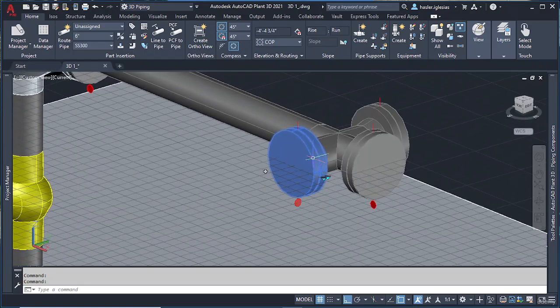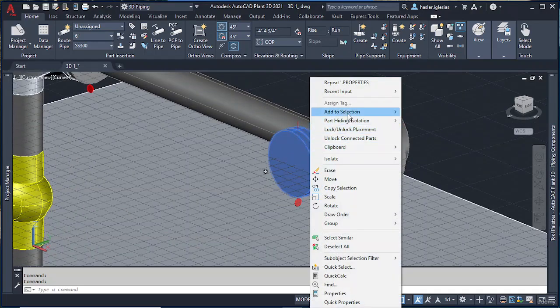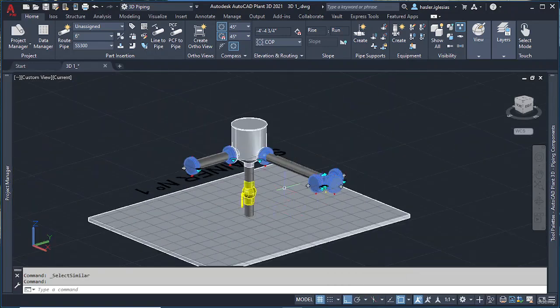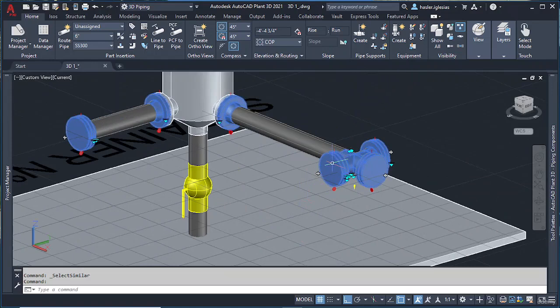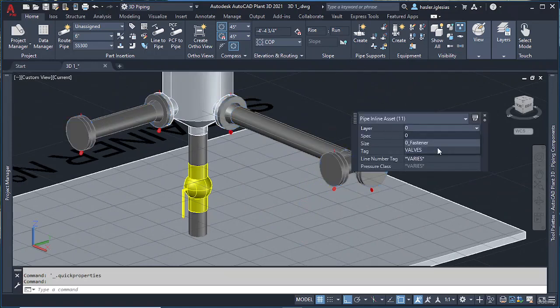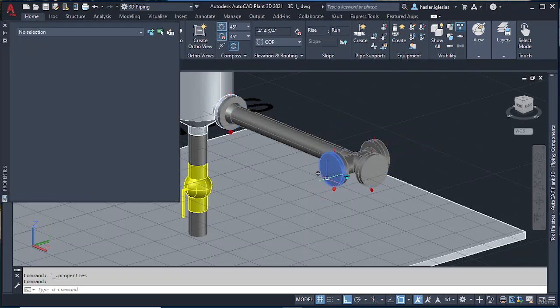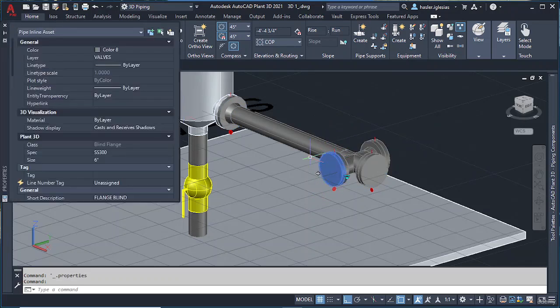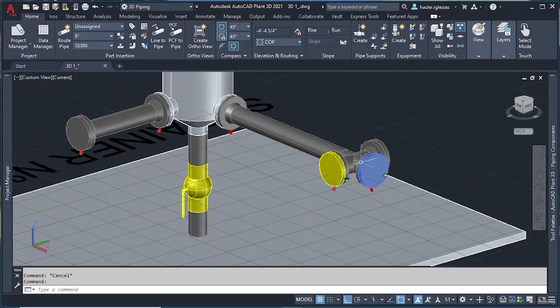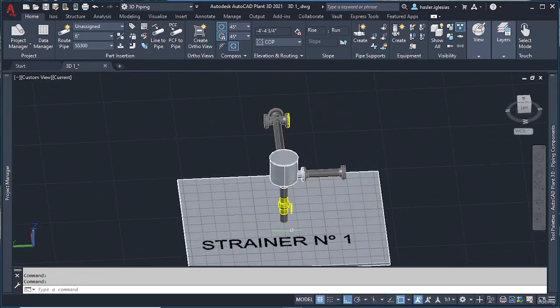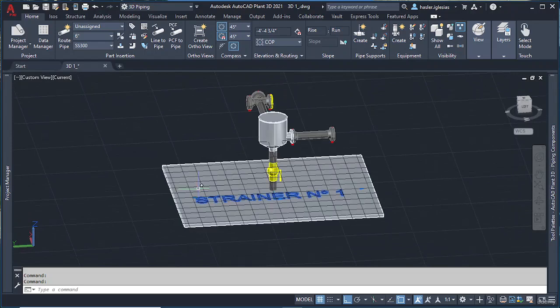Okay, I'm going to do so with the blind flanges I placed. I'm going to select them, right click, select similar here. It's going to select all the accessories here. I'm going to place them, double click, layer. I'm going to place them, let's say, in the valves layer. And they have to go one by one. And the color, where it says no selection, okay. The color, let's say, by layer, okay. And I can change that way all the parts I need to be changed. And you can see them better now. So I'm going to move also this strainer to be on the floor right there. Okay,